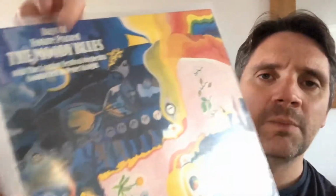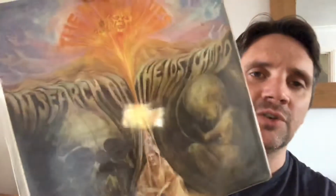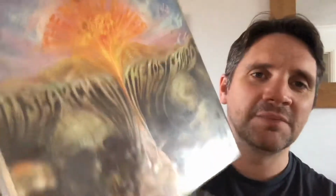Then a slightly new discovery for me anyway, the Moody Blues, big fan of theirs in the last sort of 5 years or so. Great combination of classical and rock music, Days of Future Past, definitely one of their best. Then In Search of the Lost Chord, look at that album cover, that's amazing, isn't it? Then On the Threshold of a Dream,